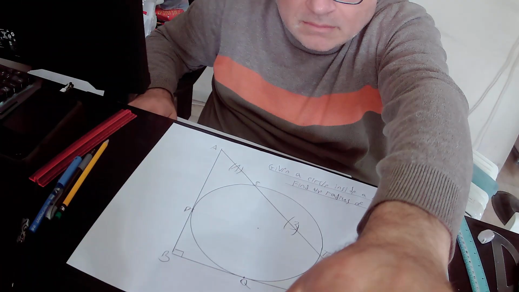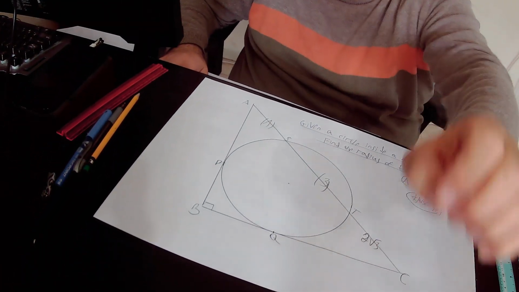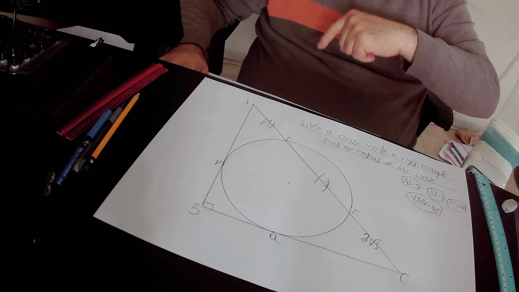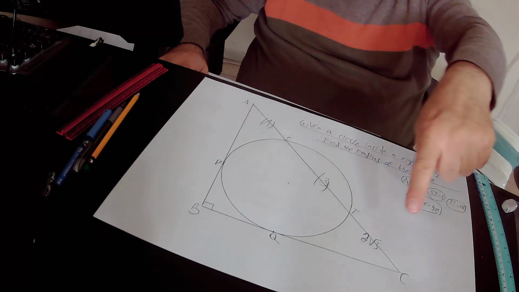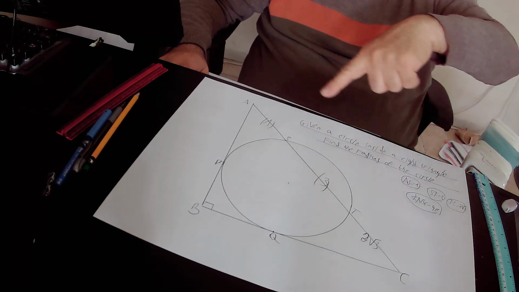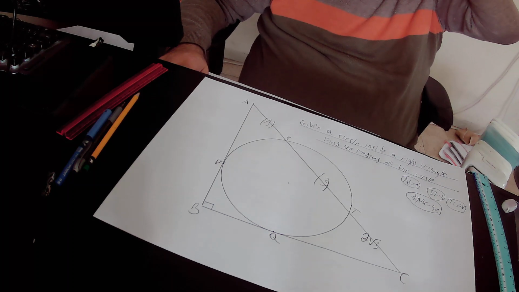Now, in this lecture, we find out the radius of a circle. In the drawing, we have triangle ABC. This is triangle ABC, that is a right angle. You know that